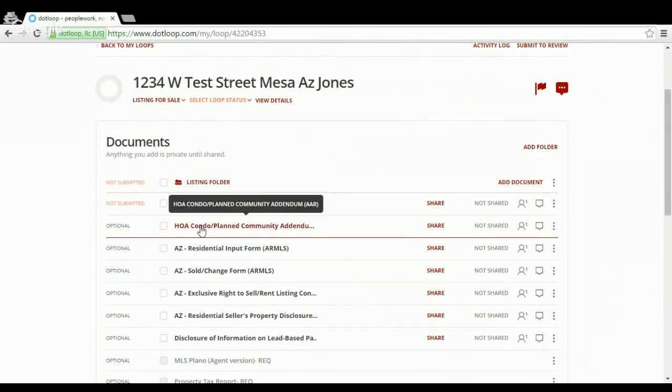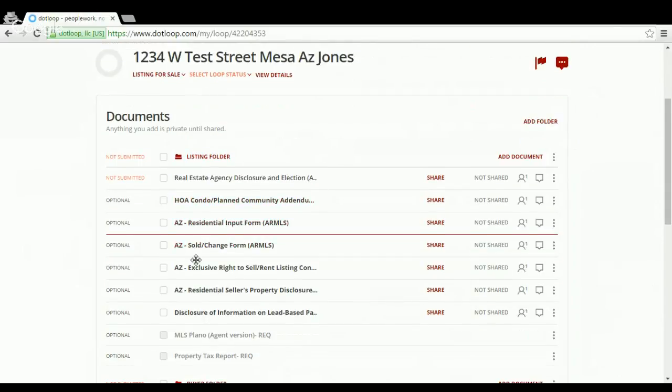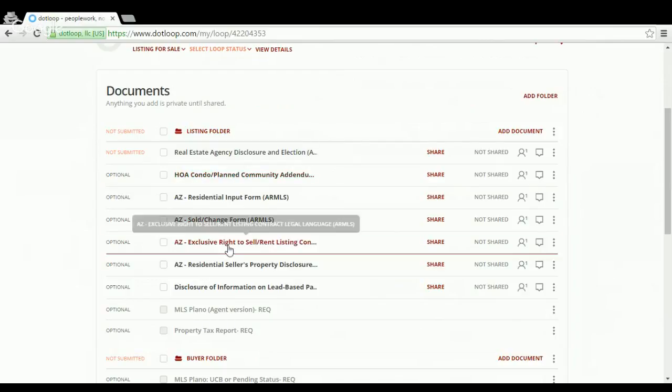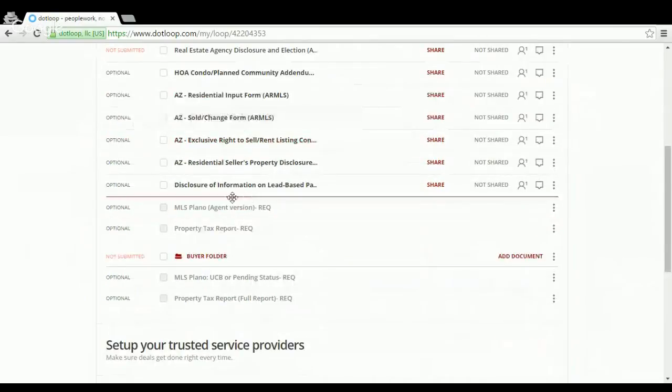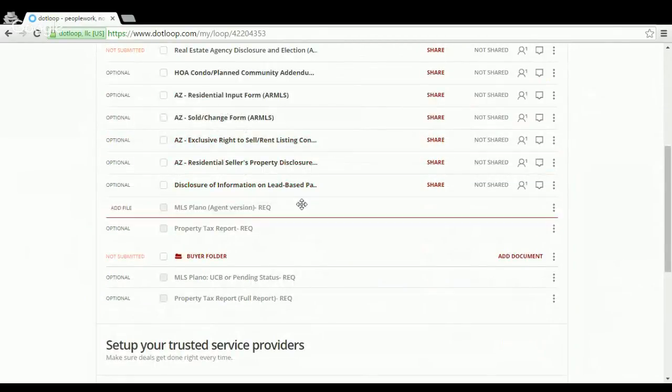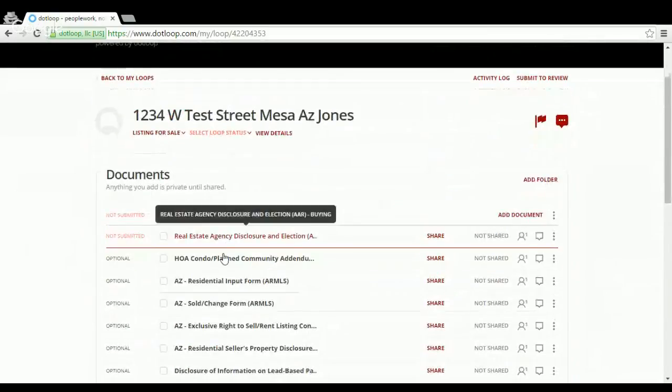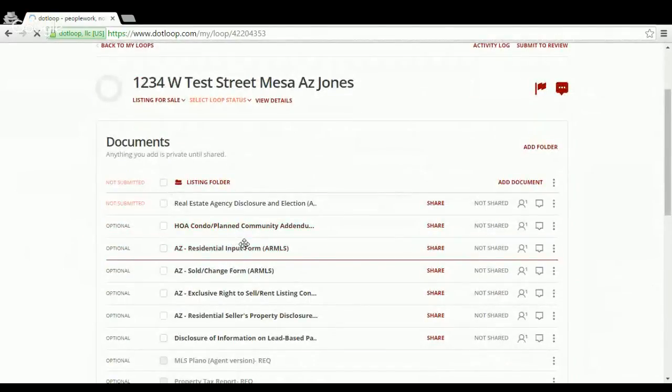Same thing with HOA. We go in there, we click it, we fill it out. I don't think we need to go through and show you how to fill out these forms. So that's pretty self-explanatory. But one thing I do want to on the purchase contract. Oh, you know what? This is a listing folder, so never mind. We're doing a listing. I'll show you on the purchase side of it. Go in and you fill all of it out. Okay. Now, notice it says not shared. Okay. So what happens is once we get our documents all completely filled out,